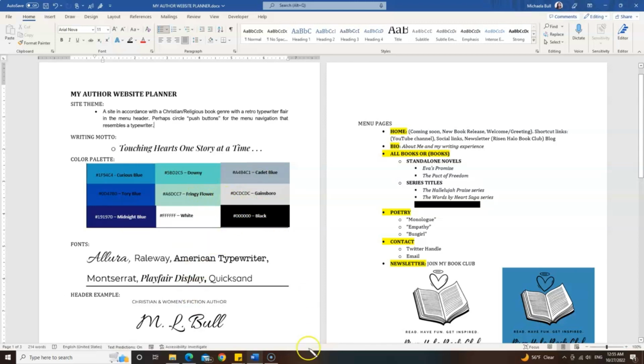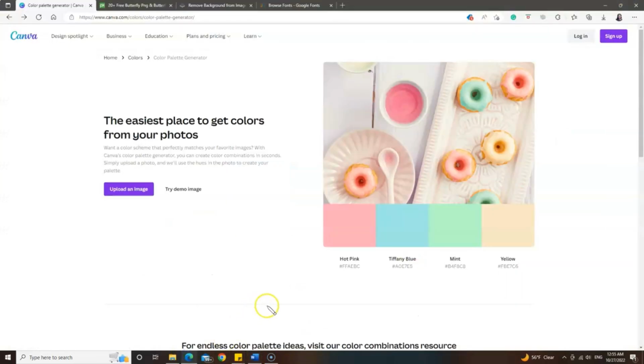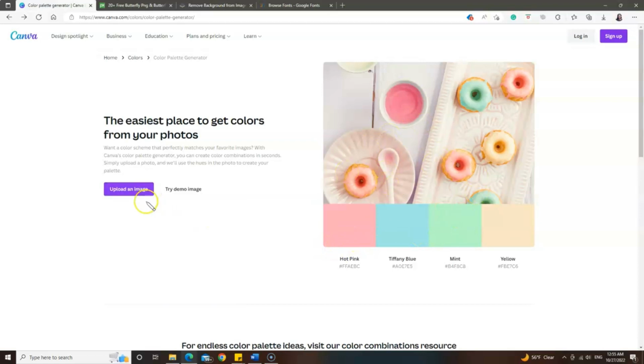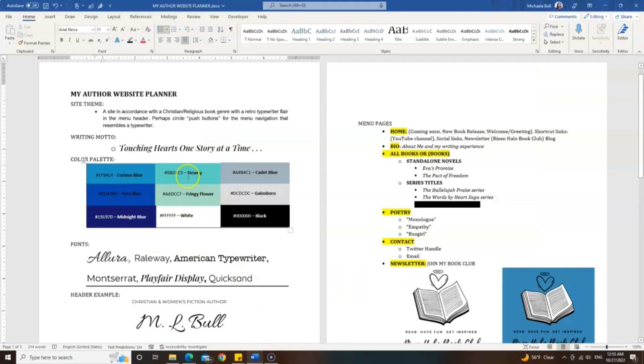And how I got this was by going to Canva and uploading a picture that I saved, and then on Canva they automatically give you the colors that are within the photo that you uploaded. So I think that's a really helpful and easy way to gather the colors and to build a color palette. They give you the codes here as well, and that is pretty much how I was able to put this together,